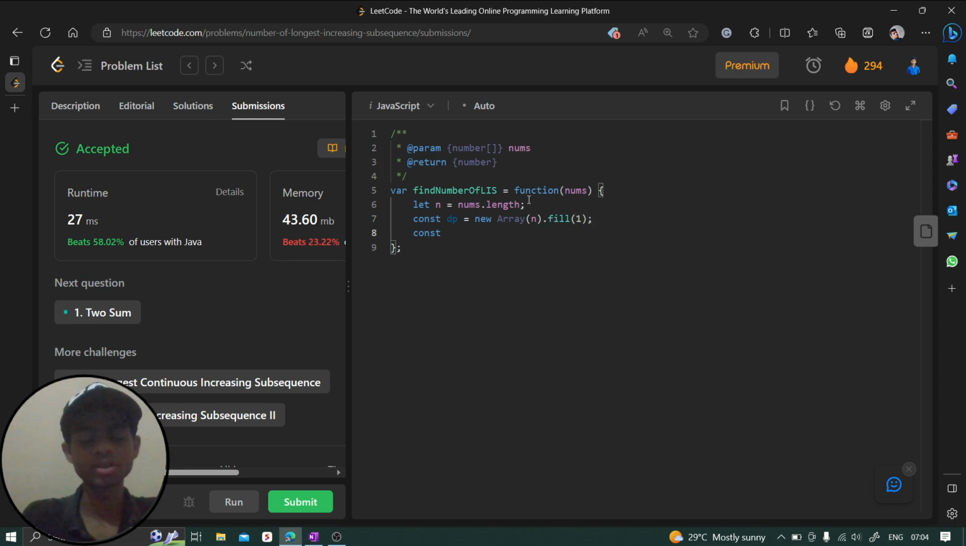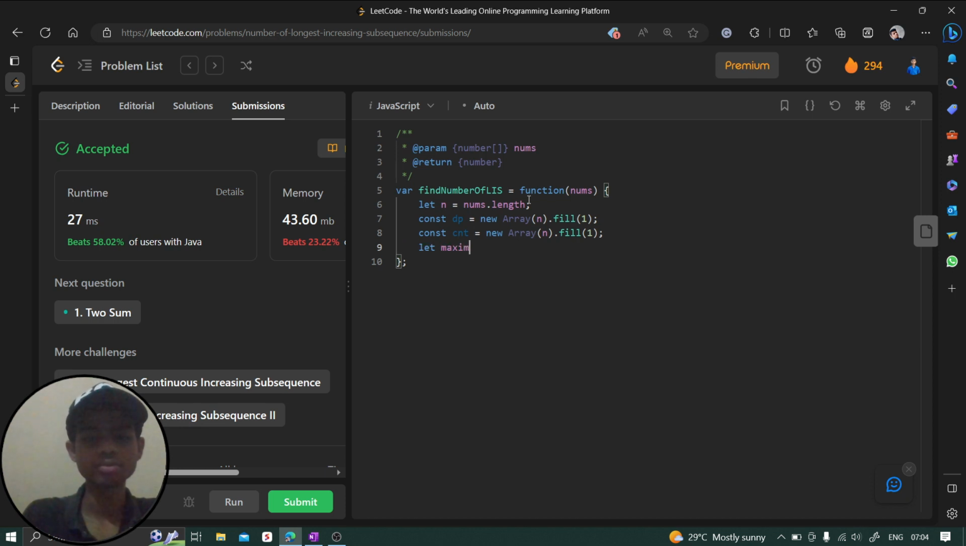And const count array, which is also going to be a new array of n size dot fill, and you have to fill 1. After that, you are going to say let maximum initially equal to 1. Then you are going to use for let i is equal to 0, i less than n, i plus plus. Then again for let j is equal to 0, j less than i, j plus plus, and here you're going to say